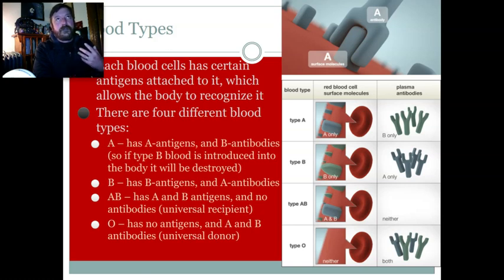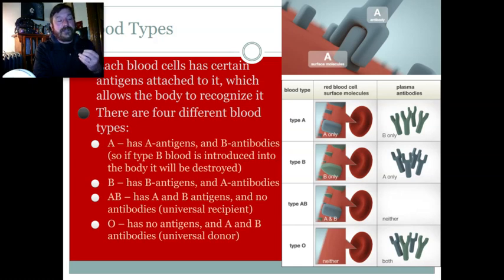So this is a feature of our genetics unit we talked about earlier in the year. We're kind of spiraling back a little bit with this, but understand that this is all determined genetically, and it's very much a codominant situation where you can have either just type A genes, you can have just type B genes, you can have A and B type genes, you can have A and O type genes, you can have B and O type genes, or you can have just O. So there are a bunch of different ways blood types are determined,